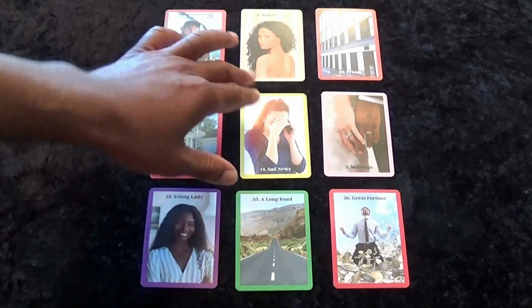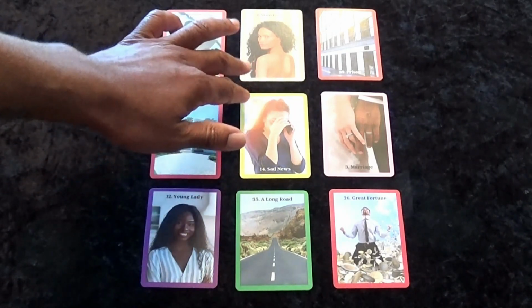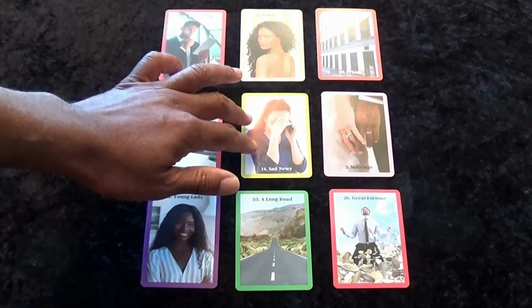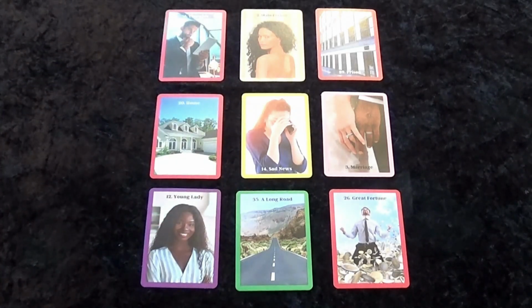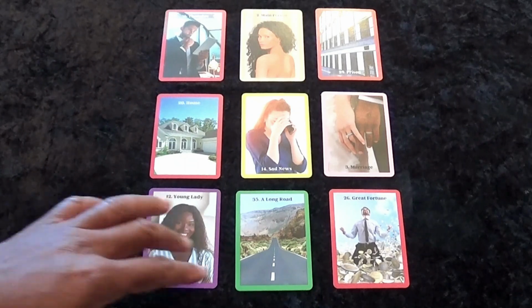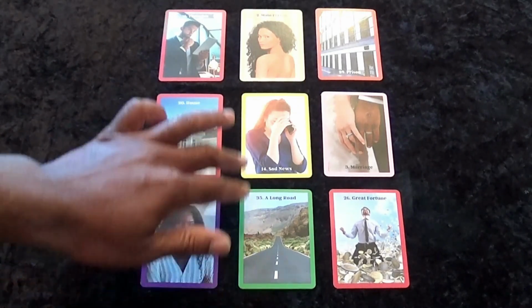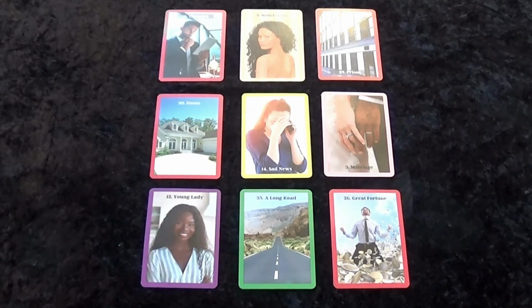And then she is on top of sad news. So for me, it links the disappointment possibly with a woman who may be looking forward to the Kipper related content in the future, right? So she may have to, if she's watching and she may know who she is, the cards are suggesting that she's going to have to work through any possible issues around disappointment that she might experience,